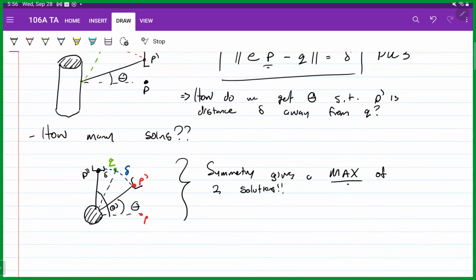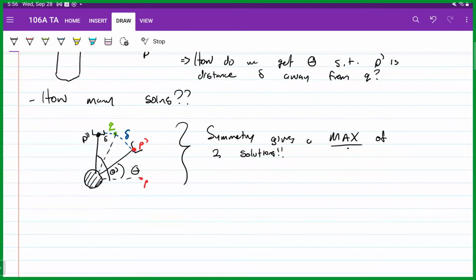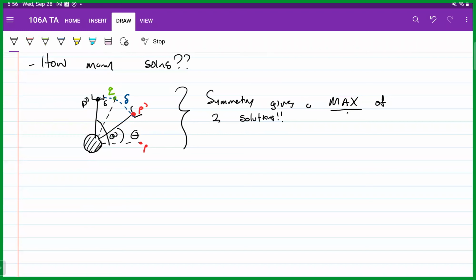All right, so this isn't actually always going to happen, right? This is something that depends on the choice of our point delta, or the point Q and the amount delta that we're looking for. So for example, if we want to have no solutions,